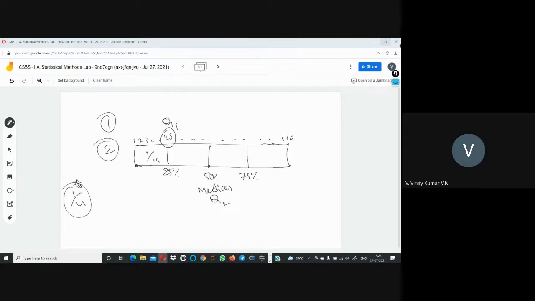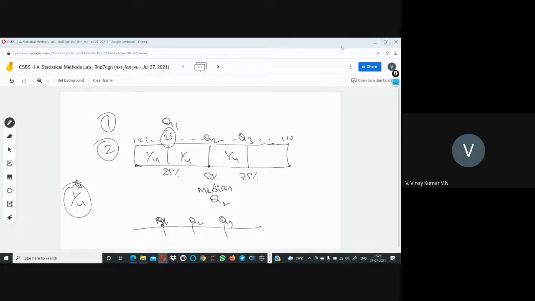That means one fourth. It is nothing but splitting the data into 4 equal parts. The boundaries of the first part we call quartile one, that is the first quartile, then the second quartile, and the third quartile. So 75% means another 25%. So this is your Q2 and this is your Q3. Q4 will be the 100%.